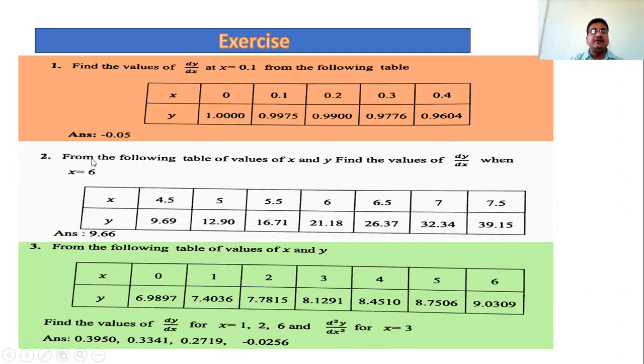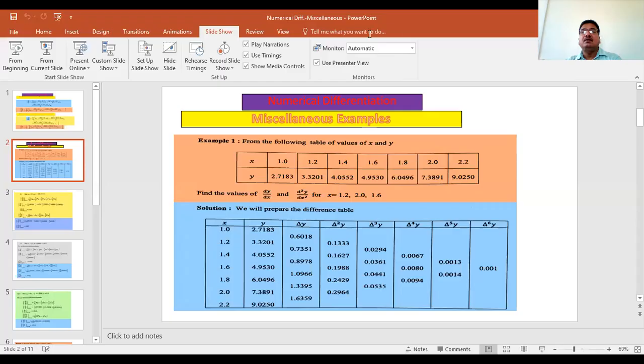So the answers are given below the problem. So solve all these exercises. And if you solve all the exercises